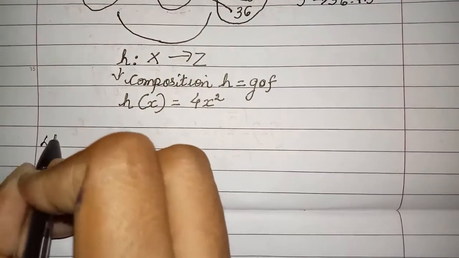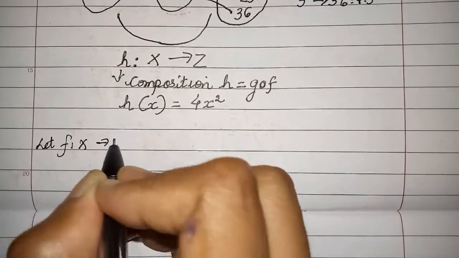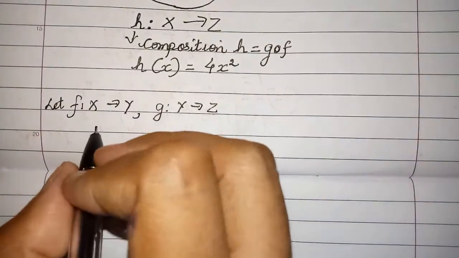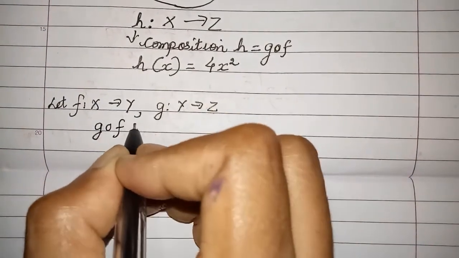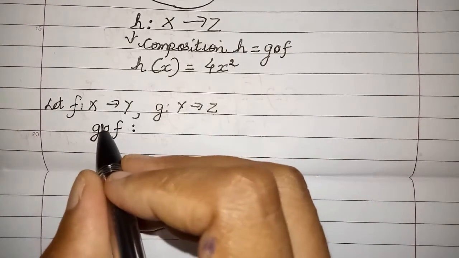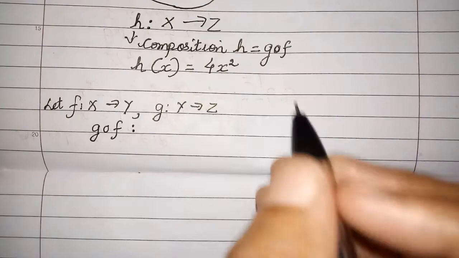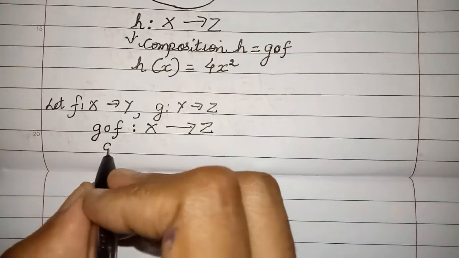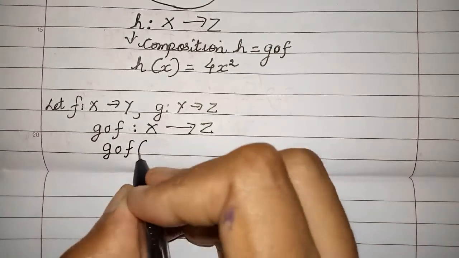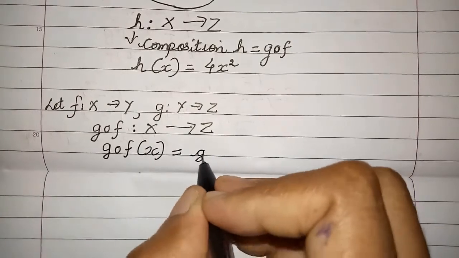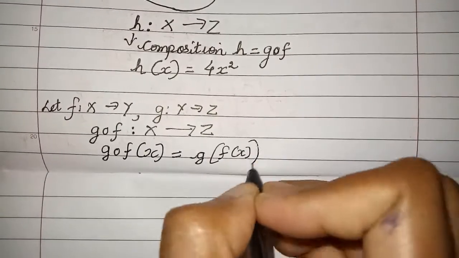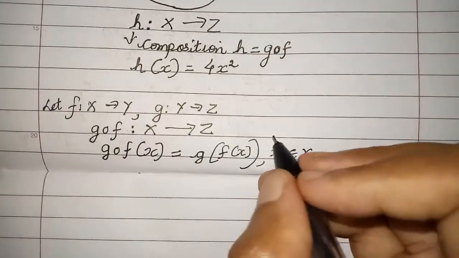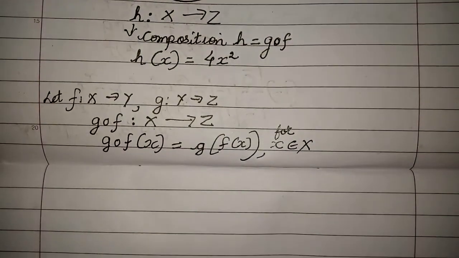The definition says like that: if f is from x to y and g is from y to z, then my h, now instead of h, children, I am going to name it as g composite f. That means on my function f, g is operating, so I get a new function h, which I have written here is a function going from x to z. And g composite f of x is defined as g of f of x, where my original x is always coming from x. This is true for all x belonging to x.